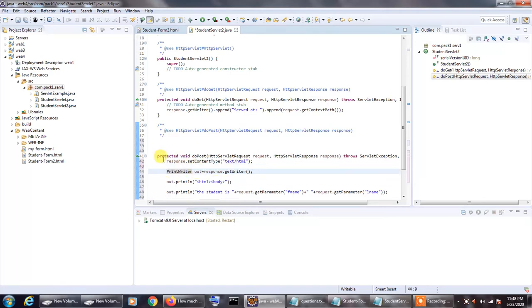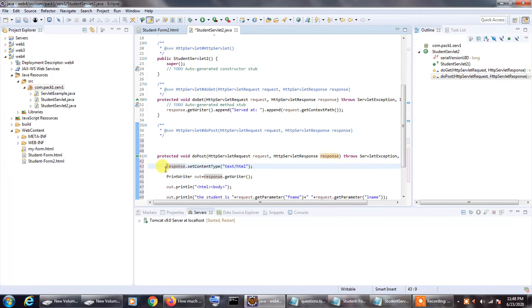I had already described the function of each of these statements in the previous program, but let me go through it once again. The response.setContentType essentially tells our browser that the response we'll be sending back from our servlet is going to be a combination of text and HTML.